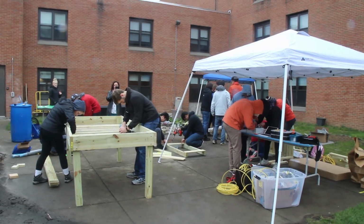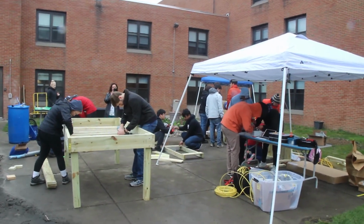Obviously, Build Day is a huge project, so we also got funding from a grant within the Buffalo area. It comes from an organization called the Awesome Foundation. Specifically, we got it from the Buffalo chapter. The organization themselves, they're really interesting. They work with a lot of smaller, grassroots type projects